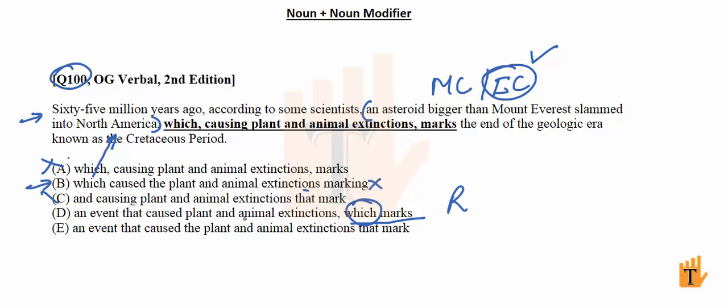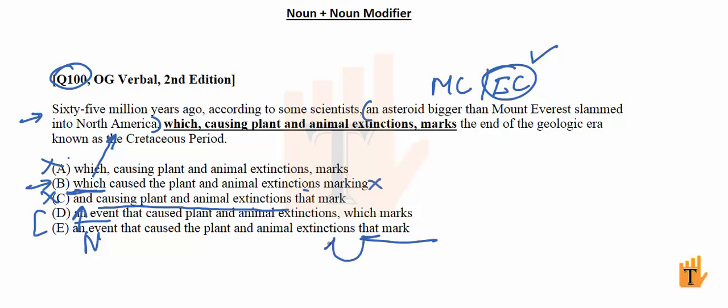You can see an event that caused the plant and animal extinctions that mark. So here you can see that is used for extinctions, and mark is a plural verb. Also there is a small difference. What is the difference between which and that? Which is mostly used for non-essential modifiers, or non-restrictive,